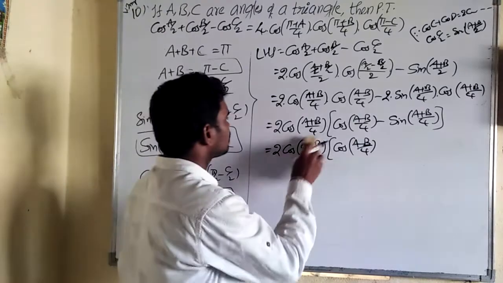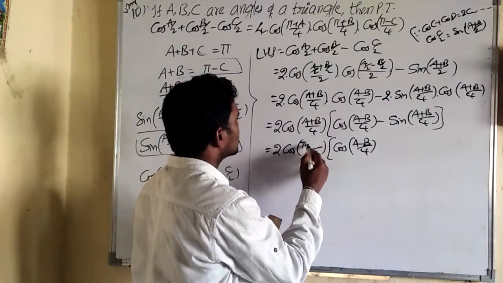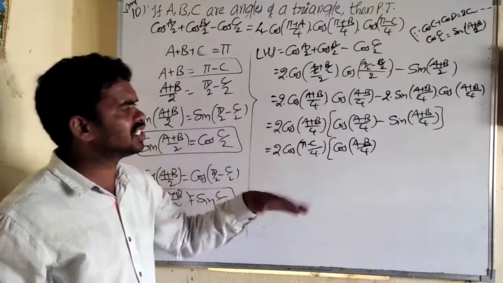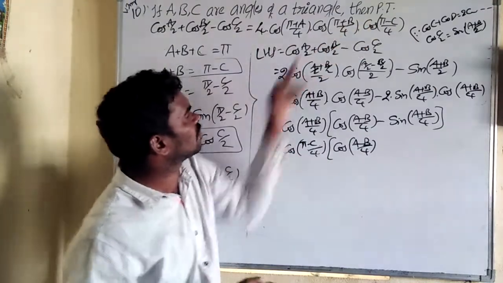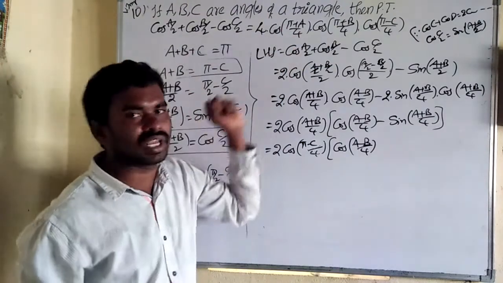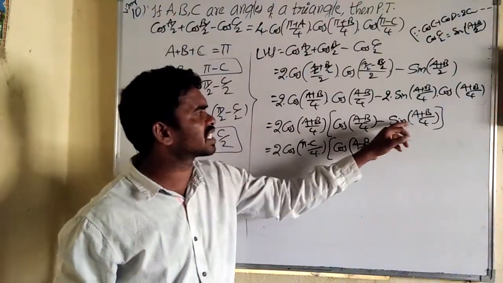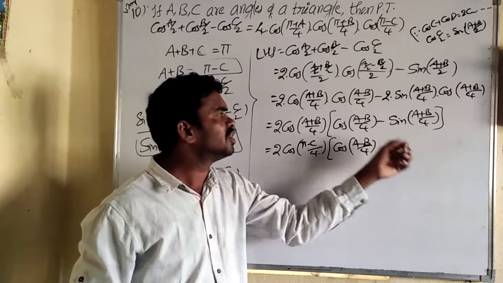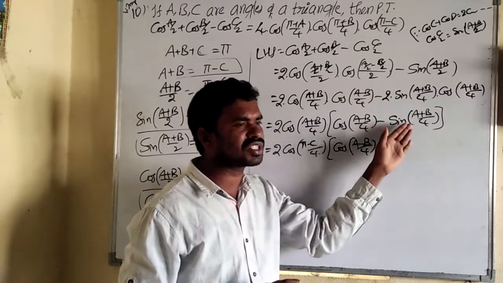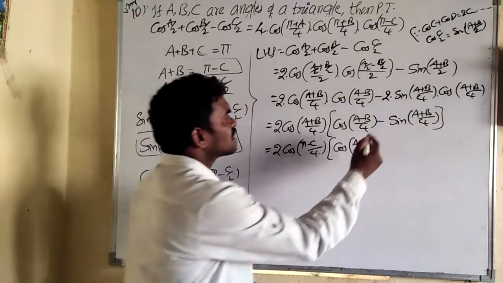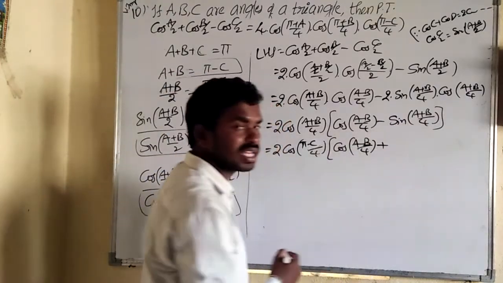So here I am changing to π minus C. Here also you can change, next step also you can change, no problem. So we got the last term, and the remaining two are cos only. Here cos is there, here sin is there. How can we get cos? If it is cos C + cos D, then only we can get it. But minus is there, so how does it become plus?